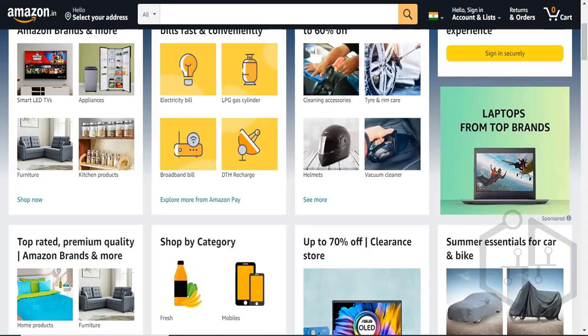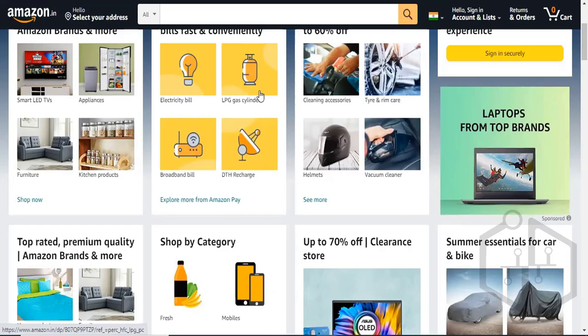Consider as an example that if this website Amazon.in was built on top of AEM, then within that AEM server, it will be doing two things. One is, of course, managing the content of this website. The second thing is the whole website will be hosted within AEM only. So you do not need any other server, like Apache web server or JBoss, to host your website. It will be hosted within your AEM server only.